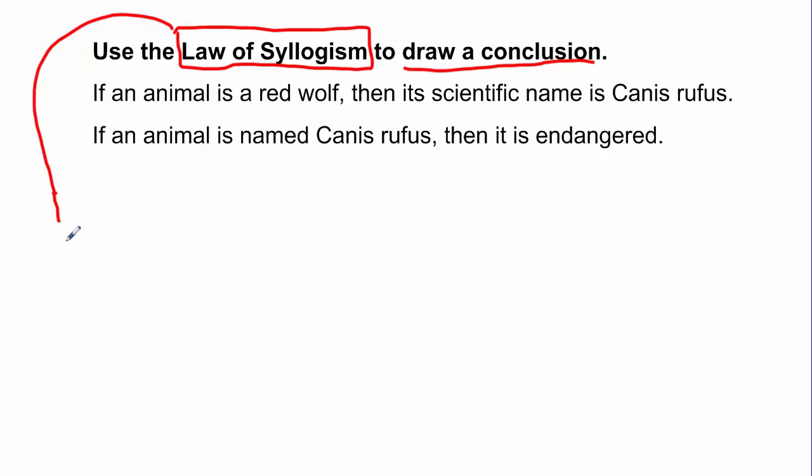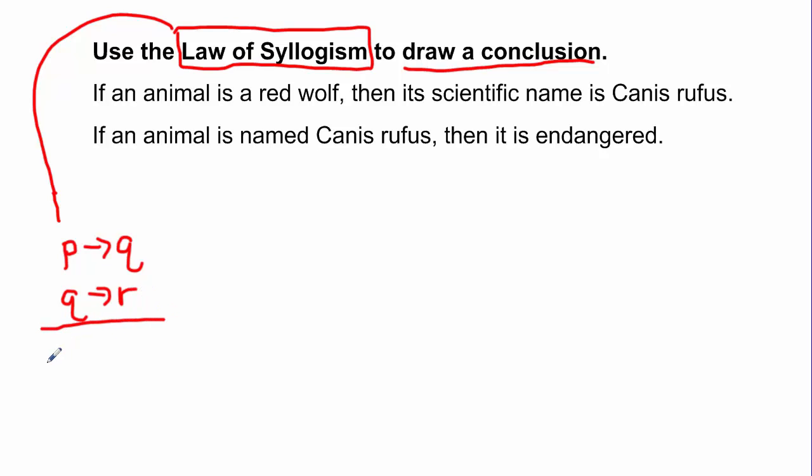But the law of syllogism is you have basically two conditionals, and maybe you can remember the law of syllogism because usually when they ask you, you can see we have two conditional statements here. So that might be one technique if you might confuse it, but the law of syllogism does use two conditionals. So here we have two conditionals, and in the law of syllogism, one of the conditionals has this form, P implies Q. Your second conditional would be of the form Q implies R,